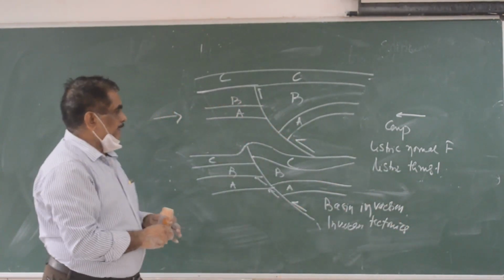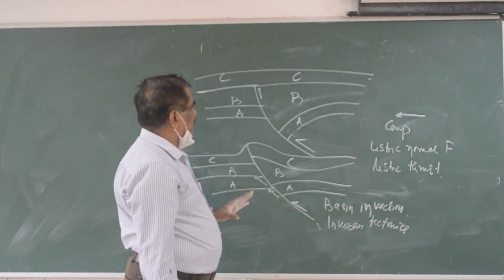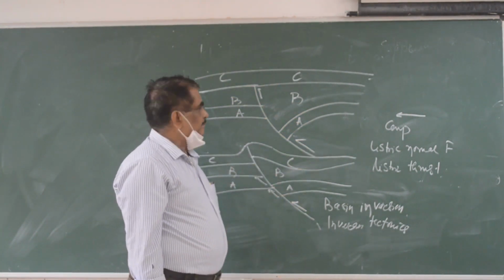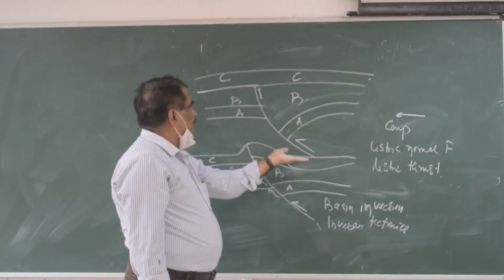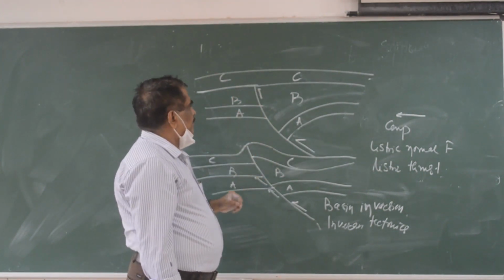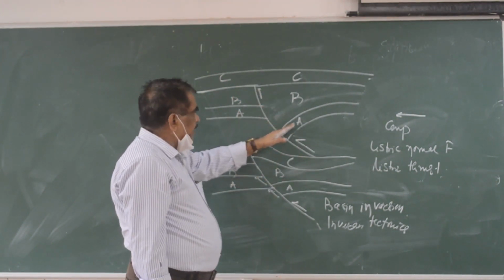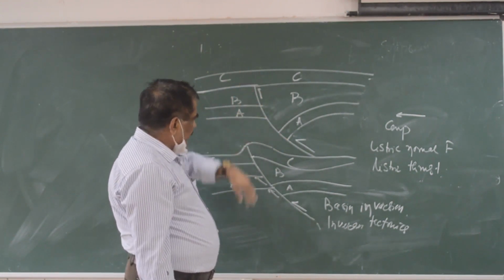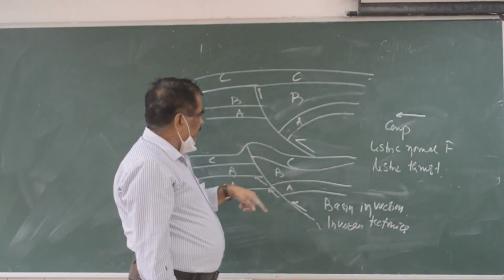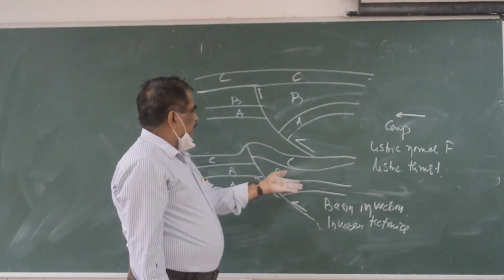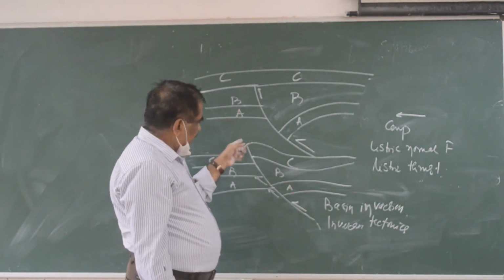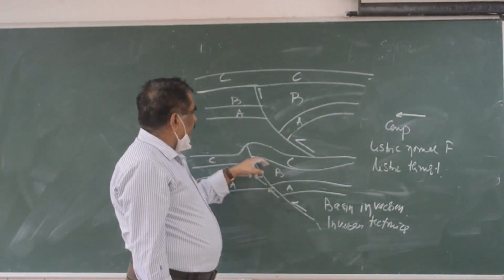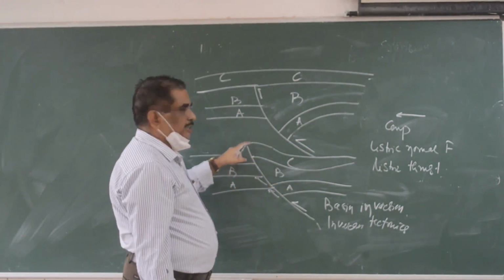So the definition of basin inversion: initially a basin forms in an extensional setting by rifting. The basin develops along a distinct normal fault. So there is a group of pre-rift sediments, syn-rift sediments, and post-rift sediments. Then subsequently this basin will be inverted. Inverted in the sense the sediments will be thrusted upward. The same normal fault will work like a thrust, and all these beds will go up.